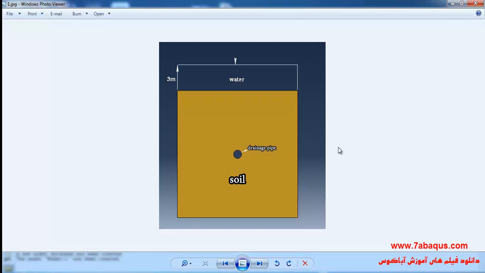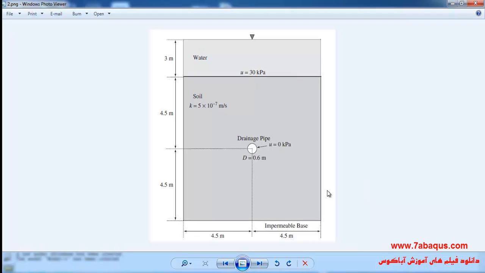In this illustration, we intend to simulate seepage in the soil in the Abaqus software. Actually, we are going to draw the flow net for groundwater flow. In this picture, a long horizontal drainage pipe has been placed at a depth of 4.5 meters under the ground